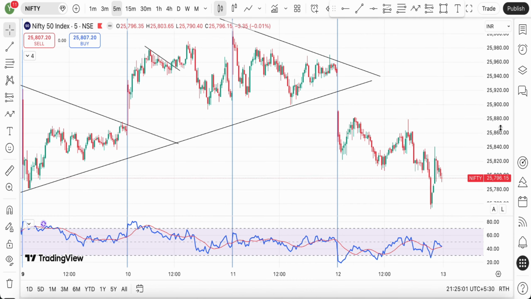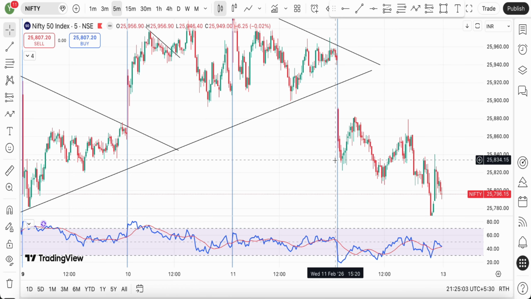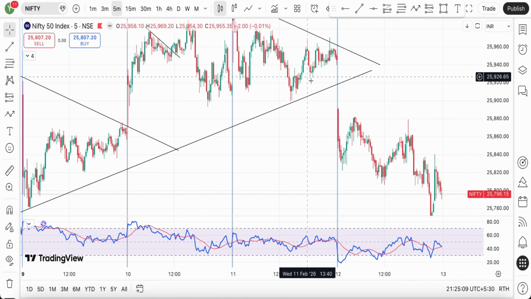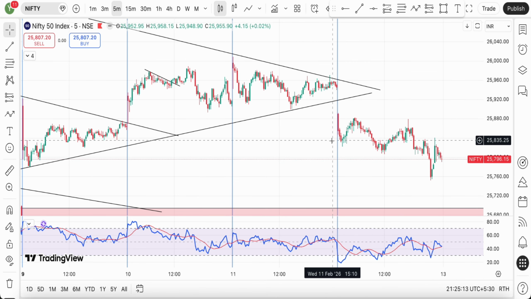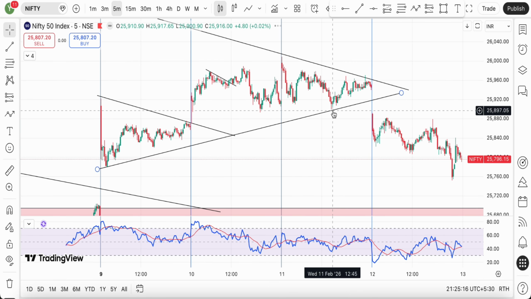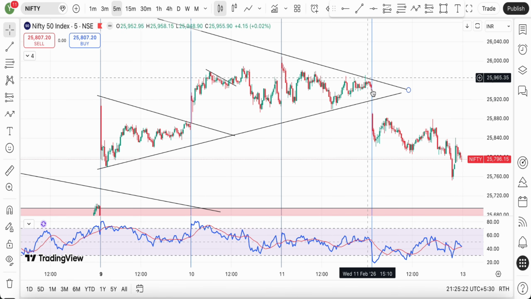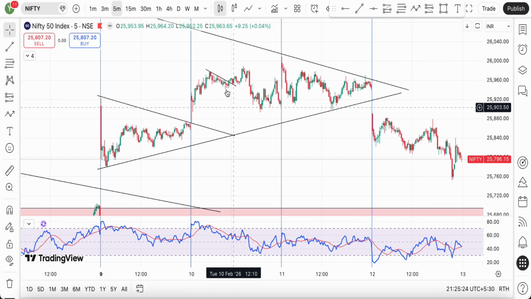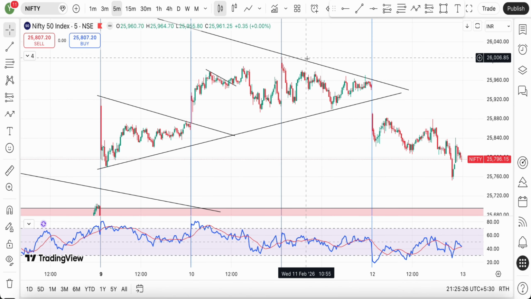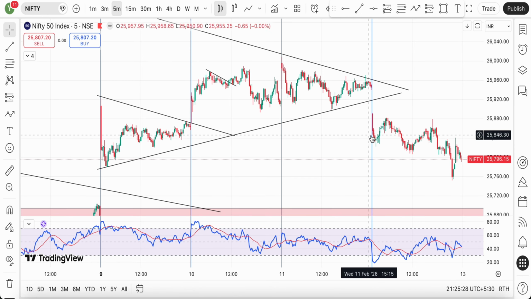Now I actively was looking for a trade out here. After these three candles gave us a good closing below the 2 days low as well as sideways activity, right? Try to understand what chain of thoughts was going on in my mind. Number one, we are below the 2 days low. Number two, we are getting this particular zone broken after 2 days of good sideways volatile activity.